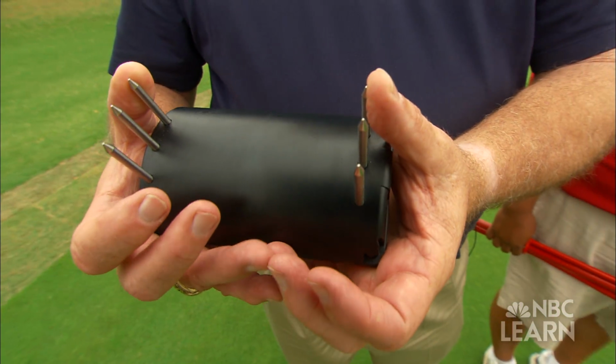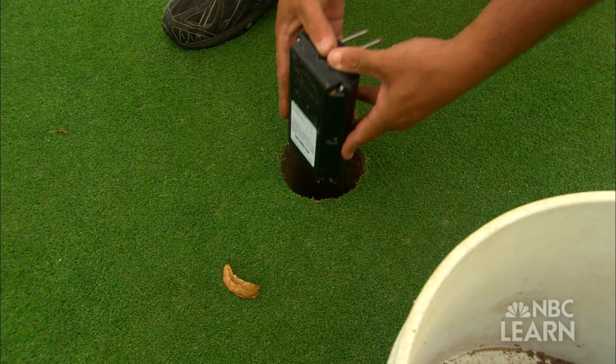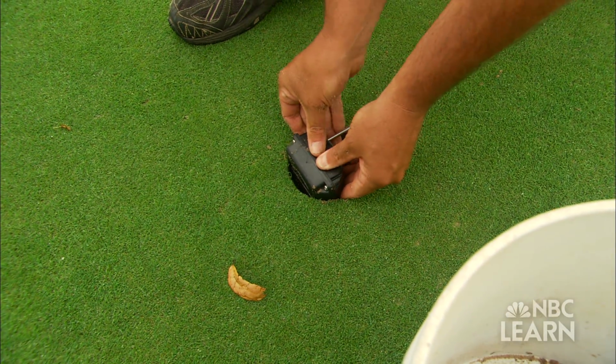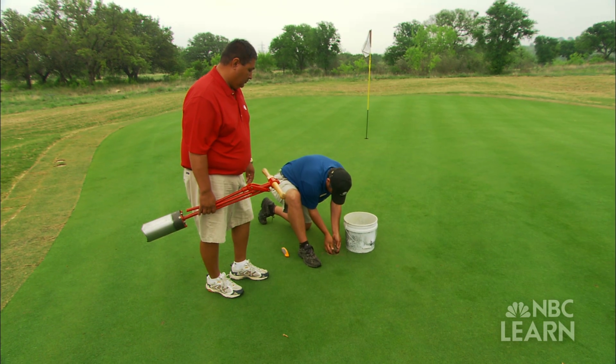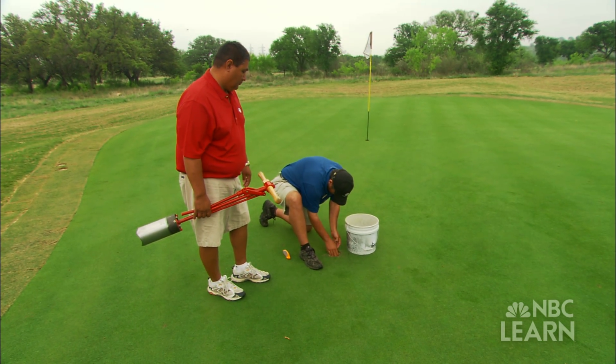this soil moisture sensor. Connected directly to the golf course's irrigation system, the sensor is implanted in the soil of the putting green and is able to measure soil moisture using electrical conductivity. So you have metal probes in the ground, and we can measure how quickly or how easily electricity can get from one probe to the other. If there's more water in the soil, then the electricity is going to move better and we'll get a higher